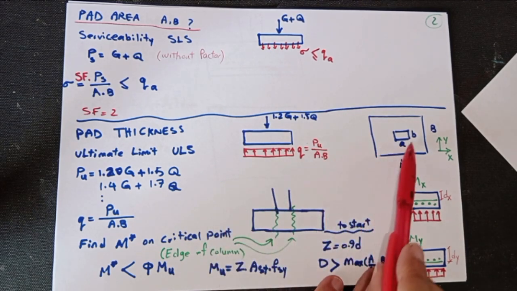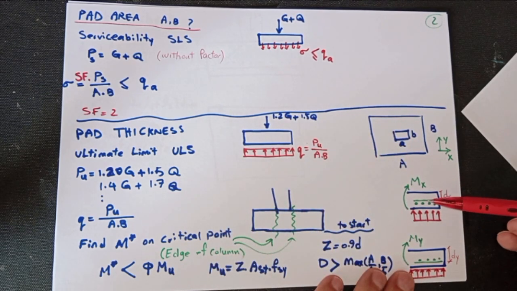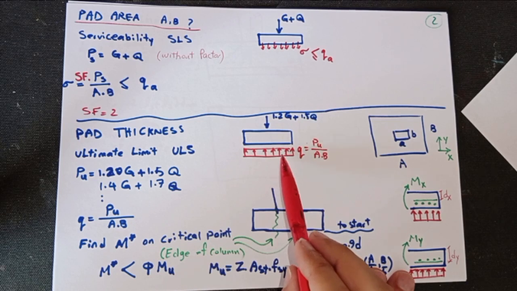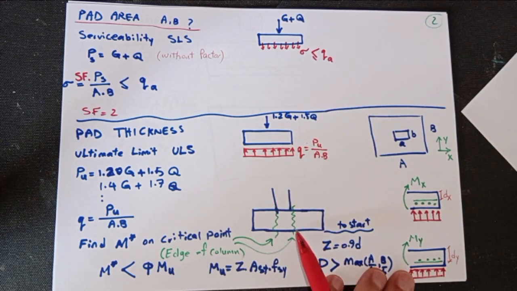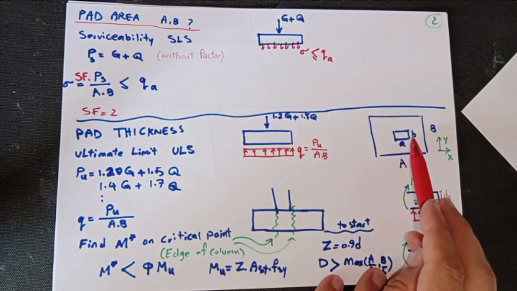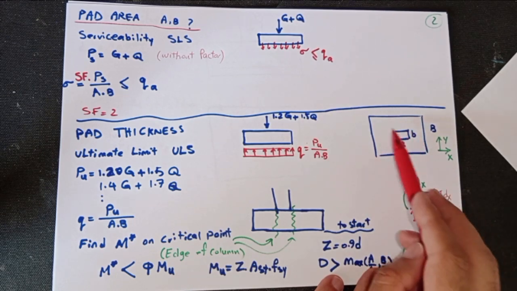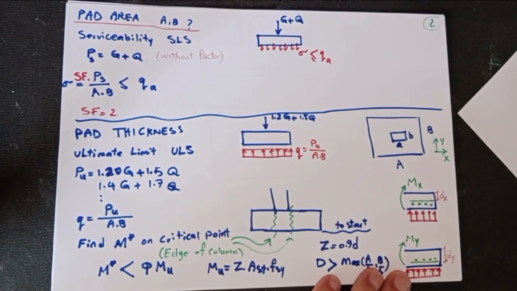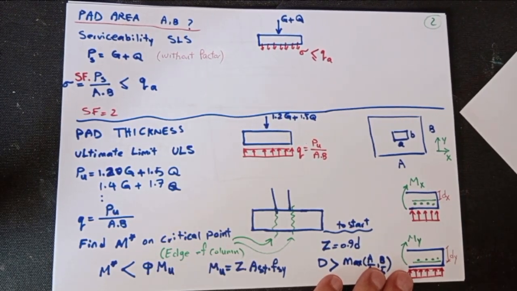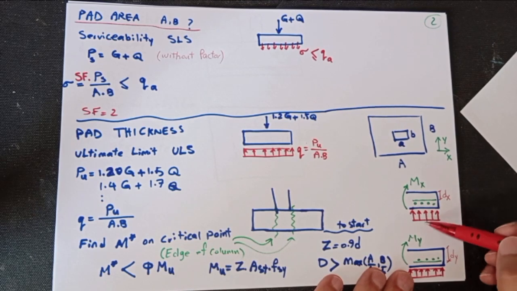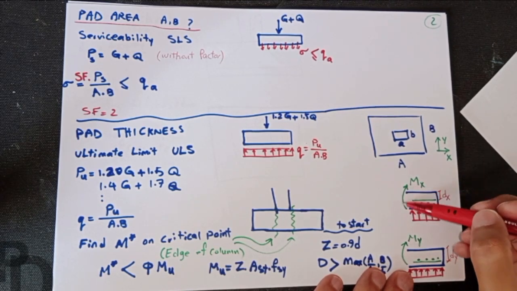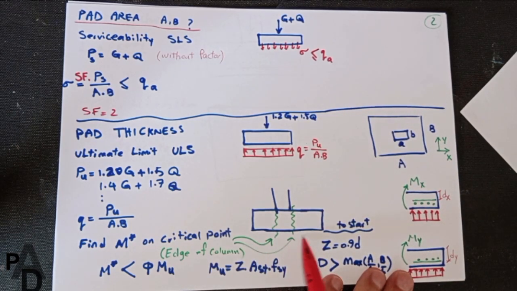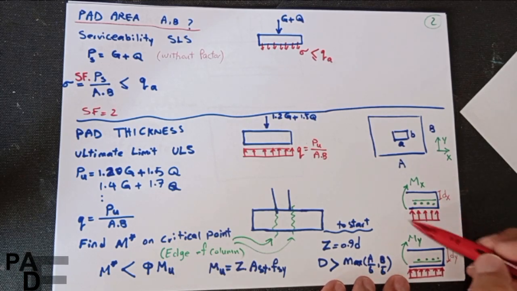To find the thickness, we assume that we have critical points for this load distribution of the stress, that is the edge of the columns. If we go for the pad plan view, we have these edges as critical for bending, and so we treat this part as cantilever parts under distributed, uniform load, and we will have the M value exactly here, and we need to define what is this length and what is the M coming from these loads at this